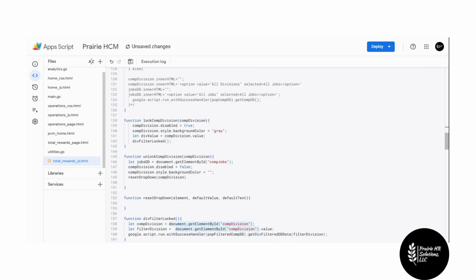So now all we need to do is pass it to here, and then we can set it to something. So that's our element. And then we need our default value. Well, our default value is going to be all divisions right here. And then we need our default text,